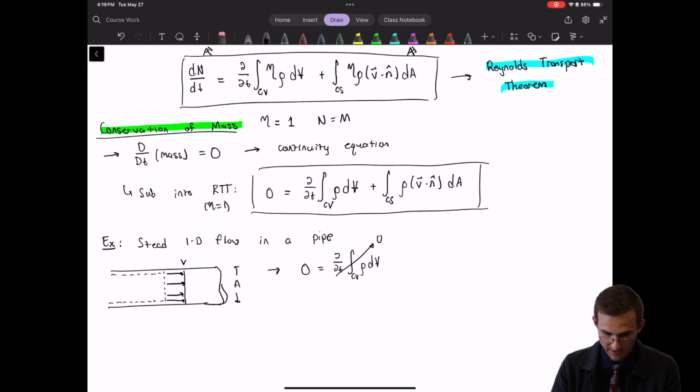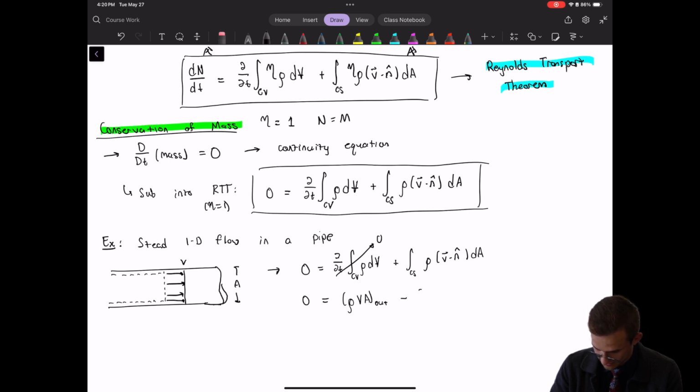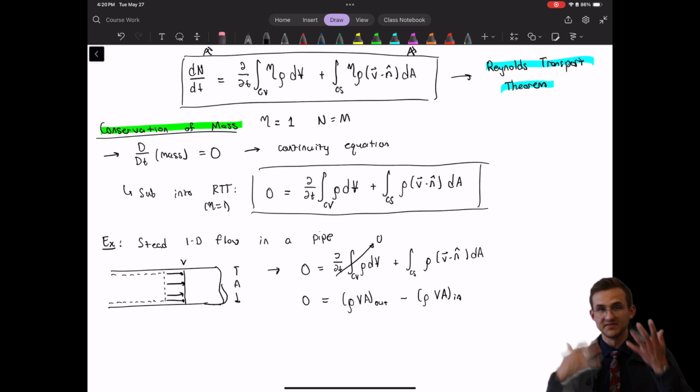So any partial derivative with respect to time goes to 0, and then you just end up with this integral over the CS of rho v dot n hat dA, right? And so the way this is set up, this ends up just being rho times v times A out minus rho times v times A in,